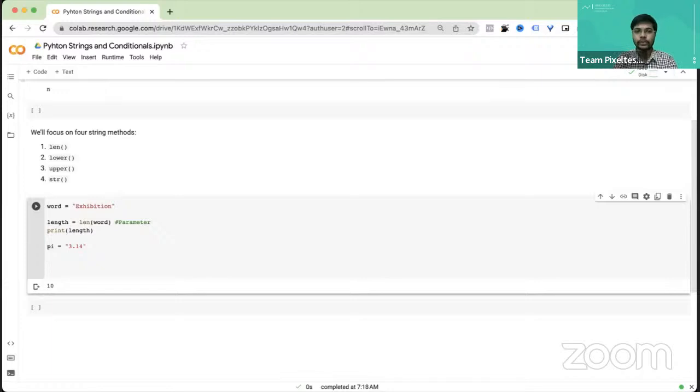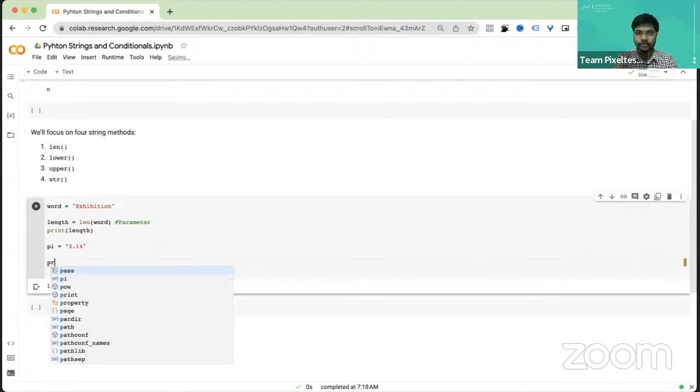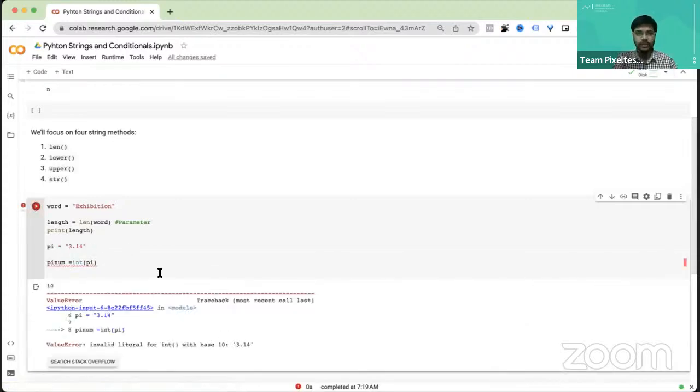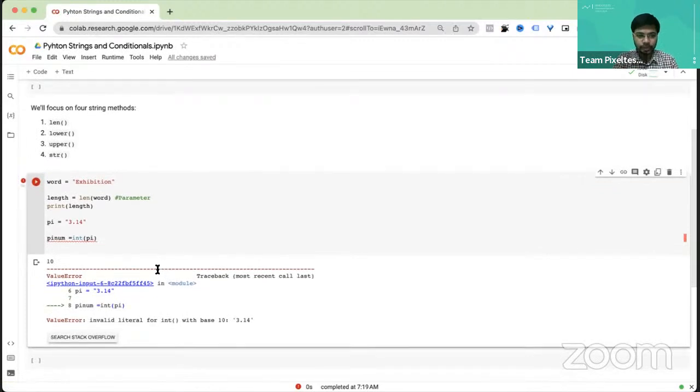Now I want to convert this into an integer, right? So how do you do that? You are going to say, my number, I'm just going to give an example, and you're going to say int of pi, right? So you can go ahead and convert a string into a number by using int,